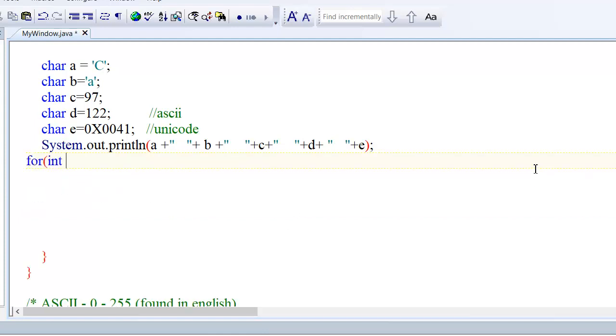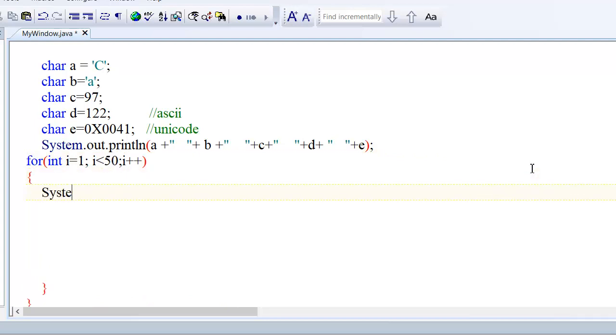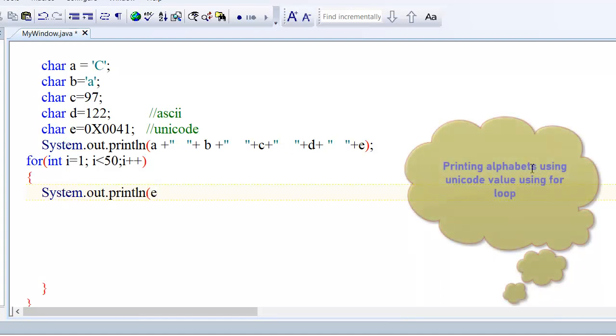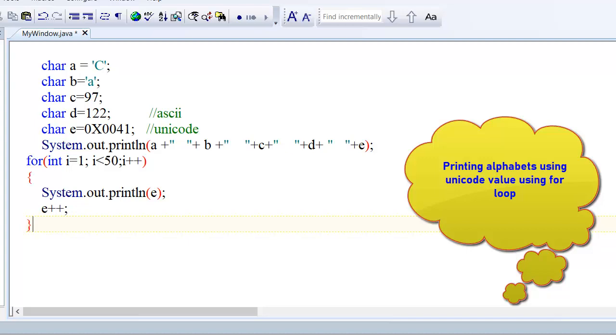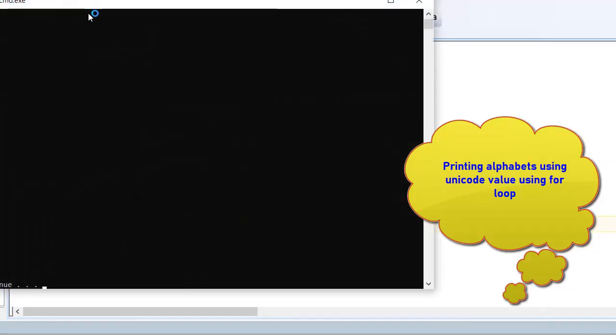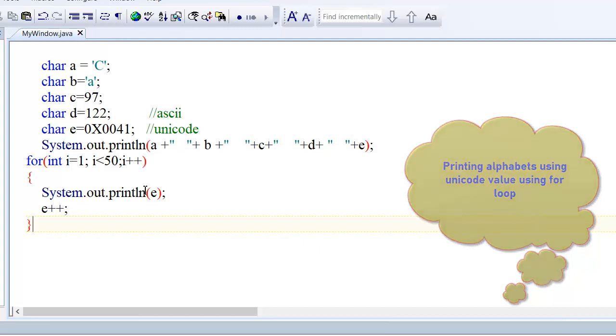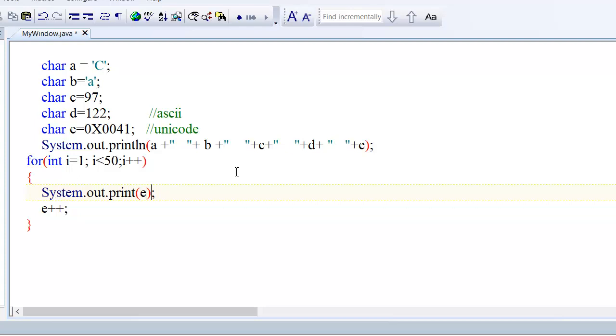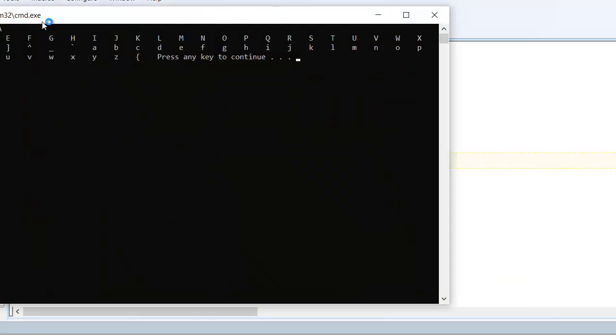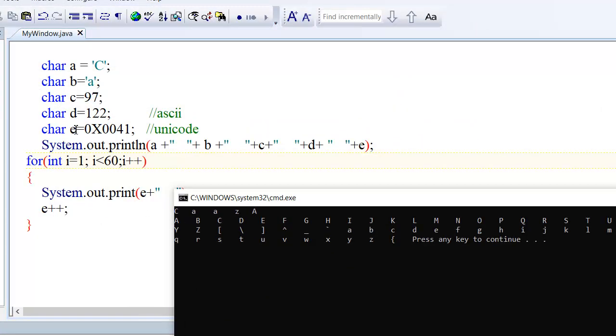For that, you may not have an idea. Suppose I want to print 50 Unicode characters with i plus. So it will print with system.out.println, with the value of i starting from capital A, then i plus plus, so you will be able to know what the Unicode characters are. Now let me print. See how it printed the Unicode. I am printing, this starts from 41, 41 42 43 44